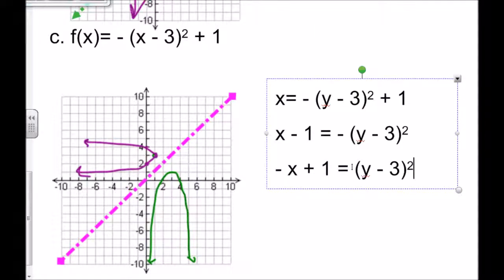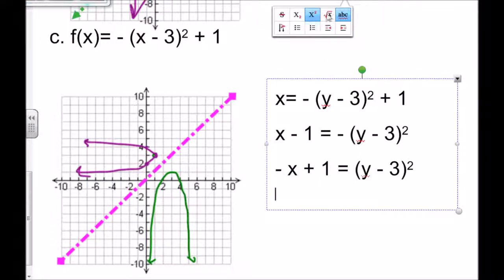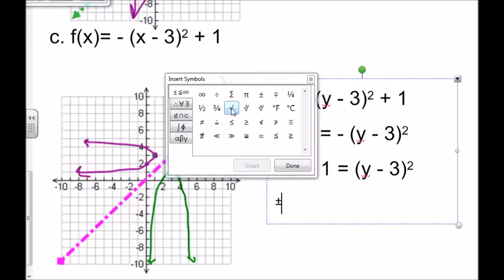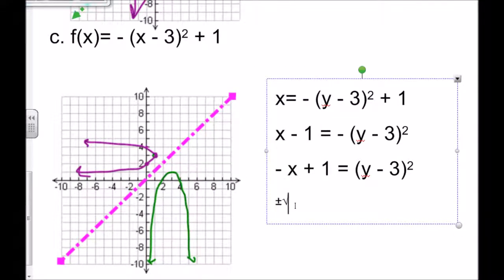Now we need to take the square root. Here's the thing you got to be careful of. Anytime you're taking the square root, you're going to need to do plus or minus. So, plus or minus the square root of, and once again this is elevated, negative x plus 1, or 1 minus x if you like, equals y minus 3. Finally,